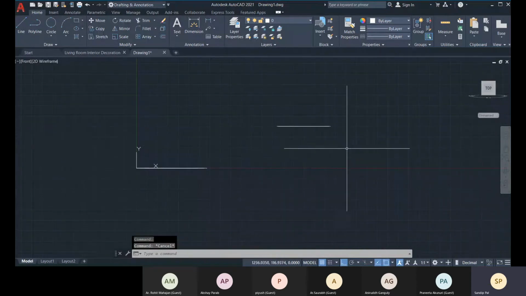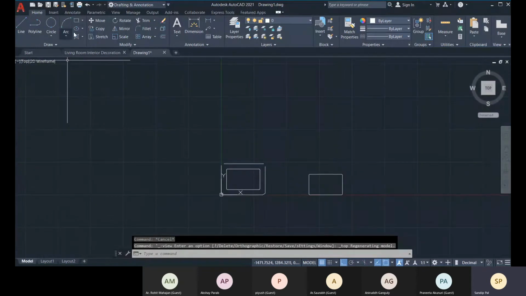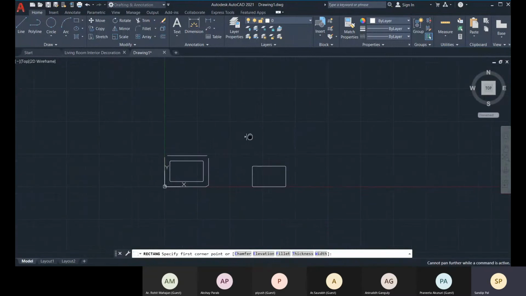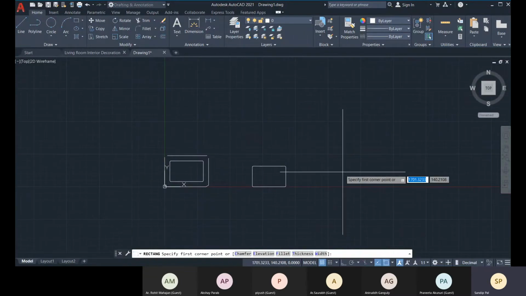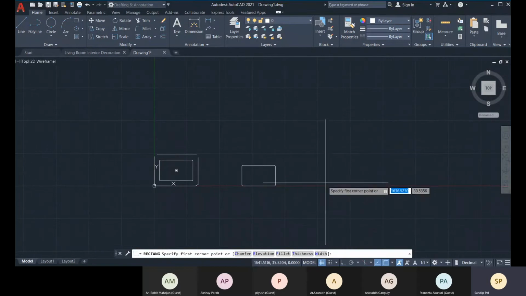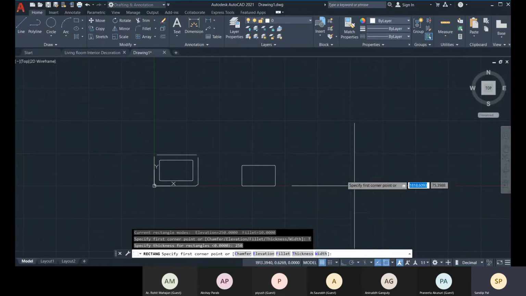Okay, now again come back to the top view. We have another option, that is thickness. So thickness will provide like a width, it will provide a thickness but in the Z direction. For this rectangle, it will provide it in the Z direction. Okay, so let's give a thickness like 250. I'm going to provide thickness 250, and this